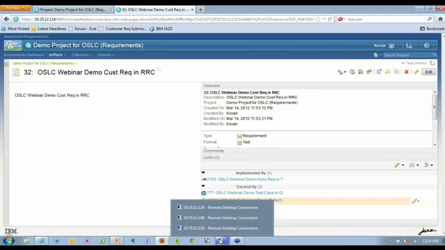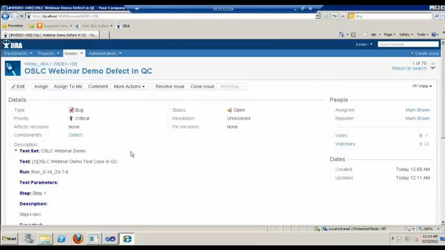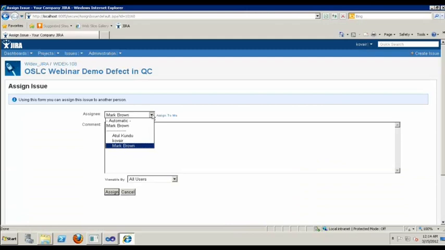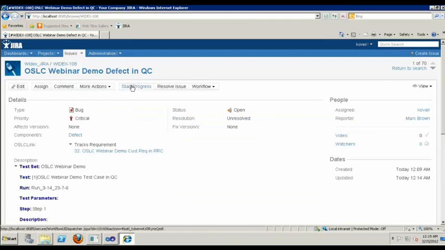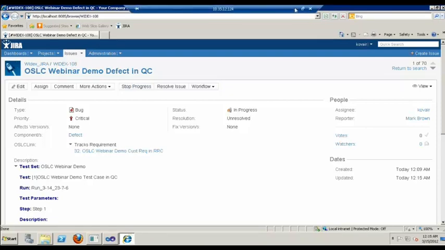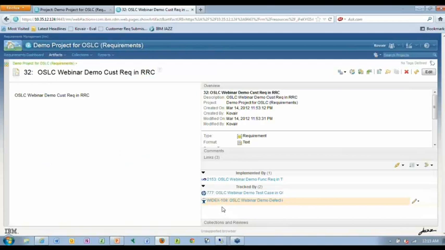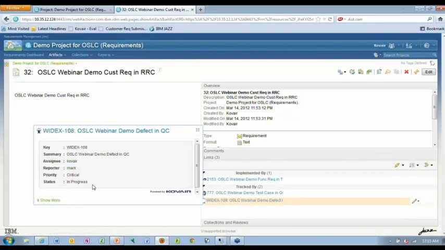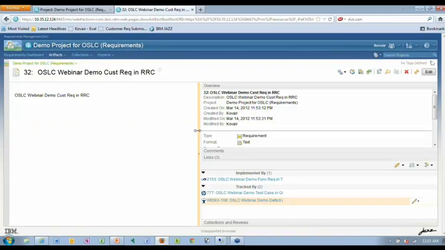Okay, so now we will again go back to JIRA, and we would assign this to, let's say, Covéa, and I would move the defect through the workflow. So we would click on start progress. Now somebody has started working on the defect, and the defect status shows as in progress. So now I can go back to the RRC interface again and mouse over on that link. See here the status got changed to in progress. And we also changed the assignee to Covéa, so that also shows up here. So as things are getting done in JIRA, we could observe that from within RRC